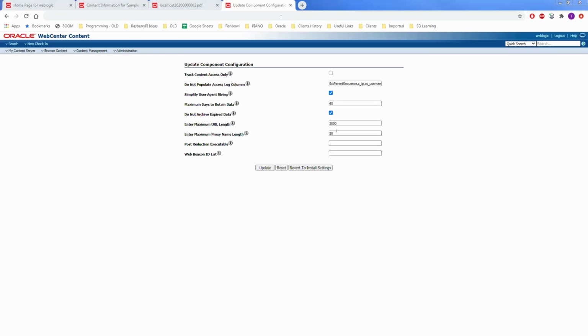And these ones keep a couple of the columns in the database table to a certain length. And I won't talk too much about these next ones. They're kind of outside of the scope of this webinar, but this first one, Jason talked a little bit about it. There's some customizations you can do, or custom logic you can add during that post-reduction step. And then the web beacon ID list. This is kind of